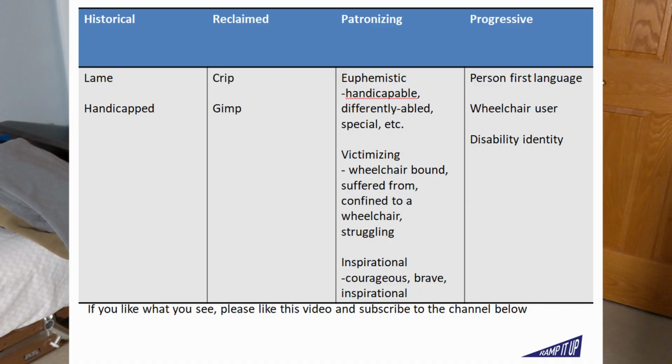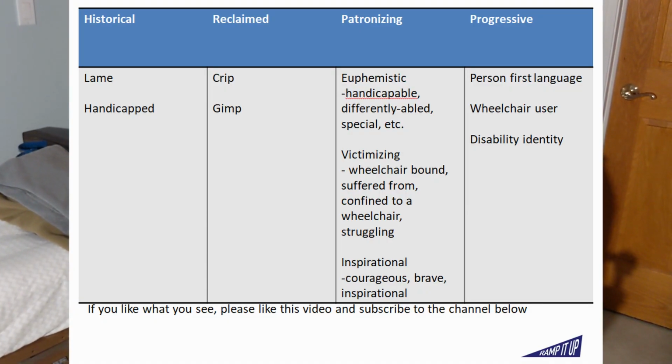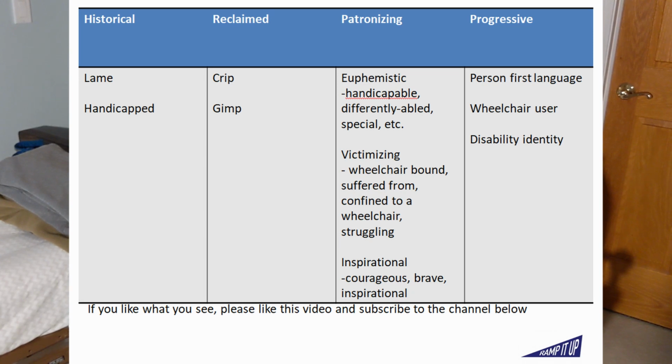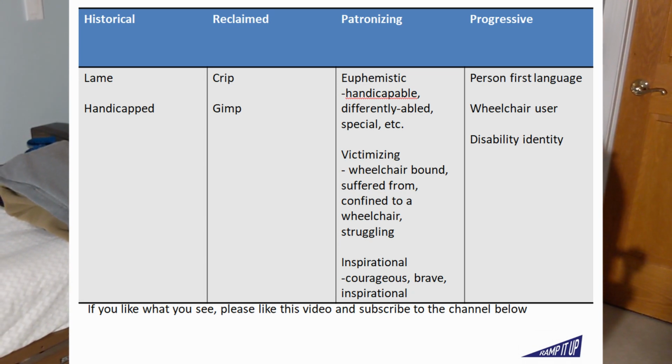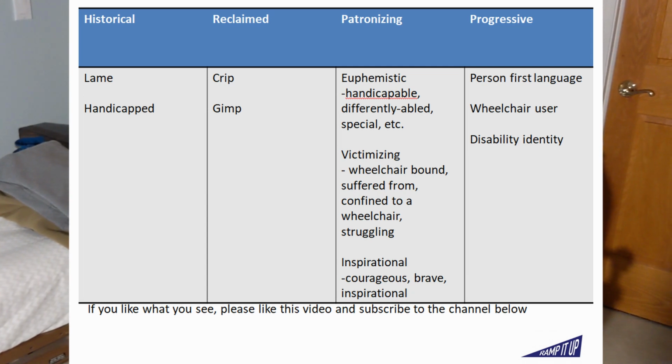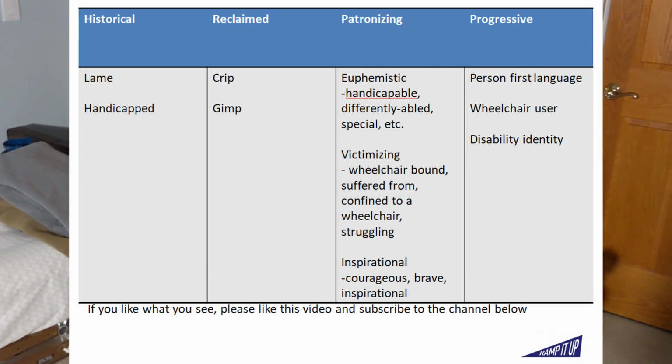Anyway, for those of you that aren't familiar with the disability lingo, I decided to break down the words into my own distinct categories. When I say historical language, I'm talking about old, outdated terms for disability. The words lame and handicapped are probably the oldest terms that exist to describe disability. The word lame is so old that its meaning has changed a lot over time. And that's why I don't really consider it an offensive term, because you'll rarely see someone use lame in the